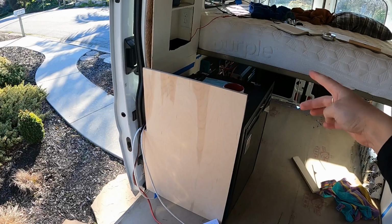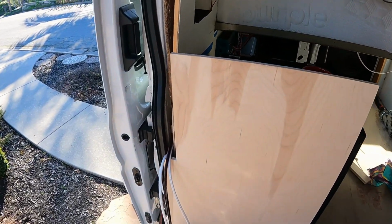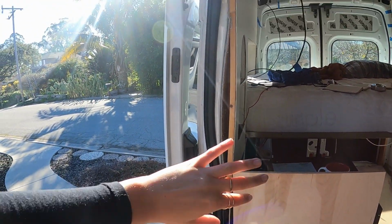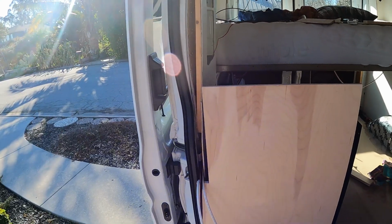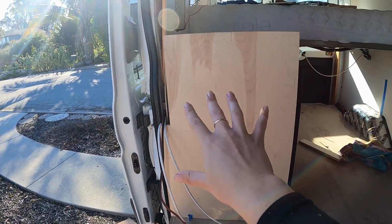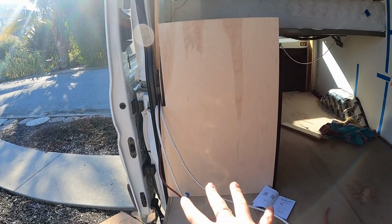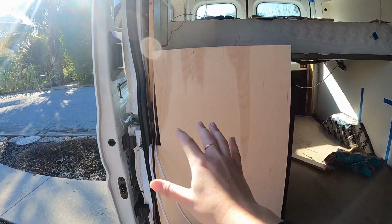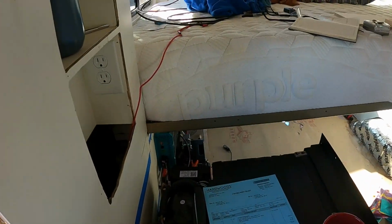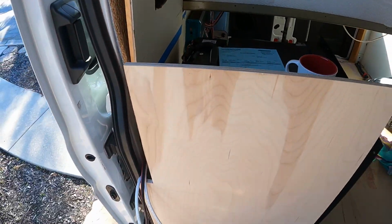All right, so now we cut both sides of our fridge cabinet. This side, we have a little bit of a weird thing going on. We kind of debated this for a while, not even to mention how to finish this side of the wall. That's a whole other thing that we will also have to address. But basically for this side of the cabinet, it's going to be a little bit wider where we have our bench cabinet attaching to it, and then this is narrower at the top because we want the top part to be the same width as the wall, because that's the same width as this other part of the cabinet. And then it gets wider at the bench, and the reason for that